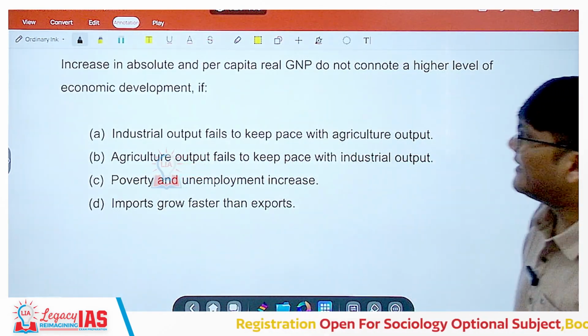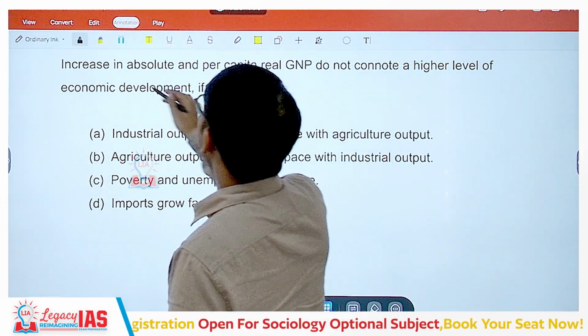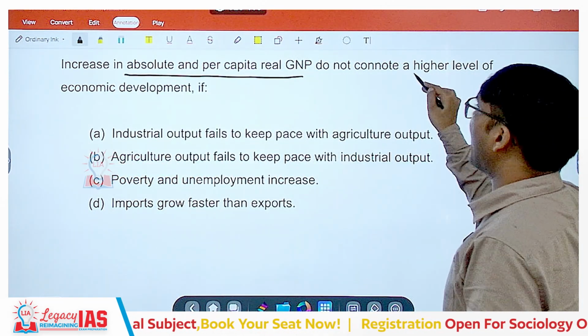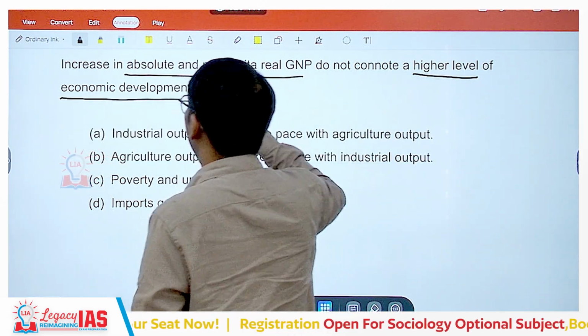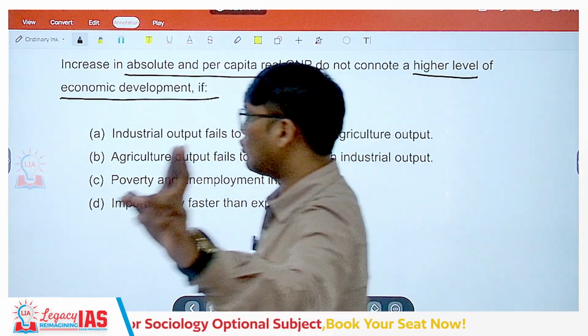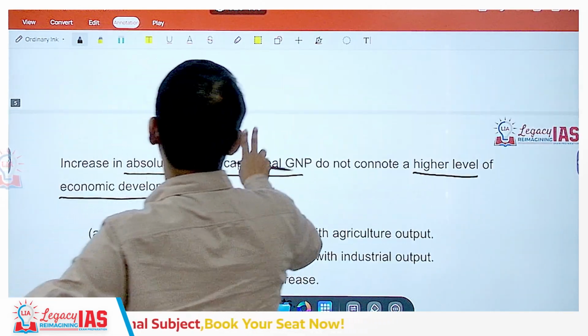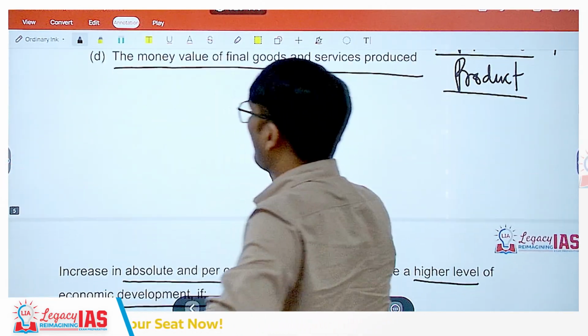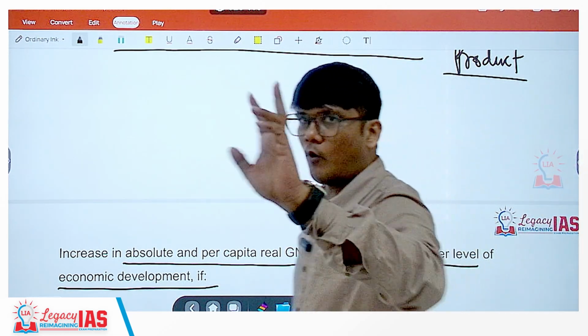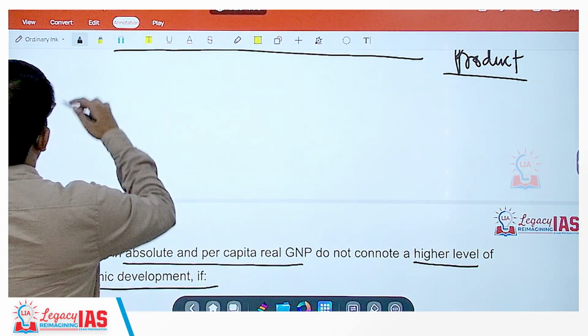Going on, increase in absolute and per capita real GNP do not connote a higher level of economic development if. Now please understand, here I will give you two sentences. Make sure you write those two sentences. It's very important in your answer writing. It will help you solve prelims questions also. What are those things? Remember,